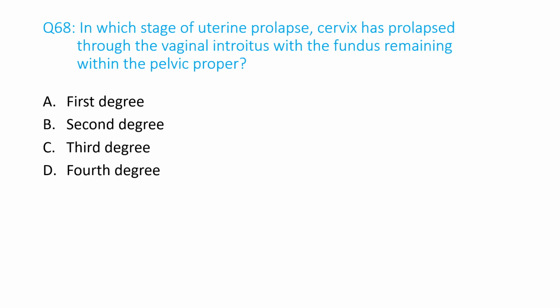Number 68. In which stage of uterine prolapse has the cervix prolapsed through the vaginal introitus with the fundus remaining within the pelvis proper? A. First degree, B. Second degree, C. Third degree, D. Fourth degree. And the answer is